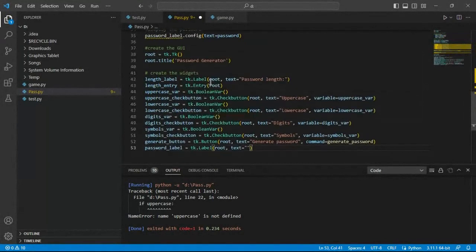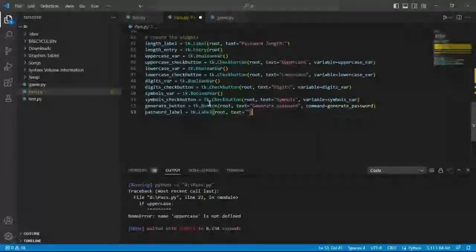So we have created a widget for it. First of all, we are providing the length label. What is the length that we are going to get from the user? Then afterwards, the length entry, which is going to be stored in the root. Then later on, we are defining the widgets. Now at last,